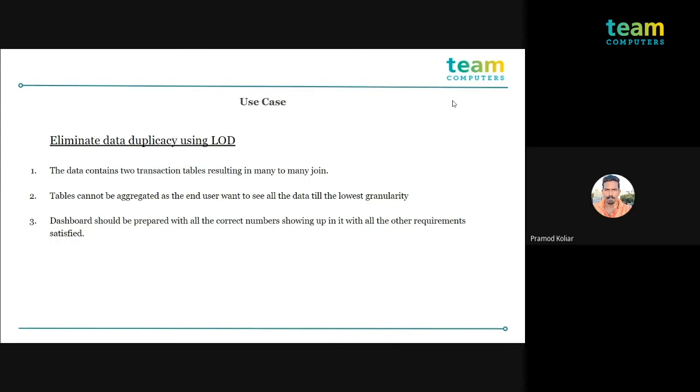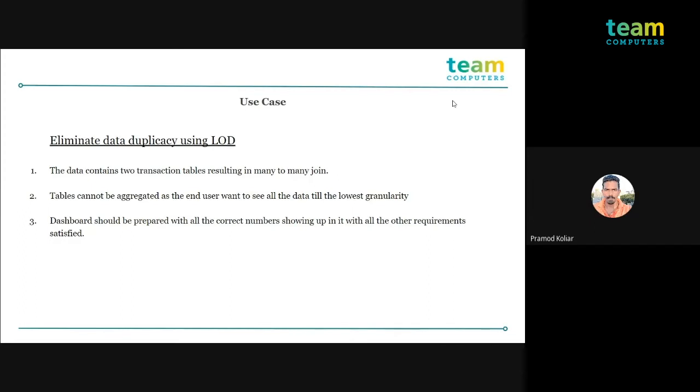Now there is one condition that we have over here. But first, before going to that condition, whenever we need to join two transaction tables, we identify the granular level and aggregate using Alteryx, or if you are a SQL expert, then you can.